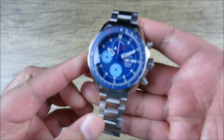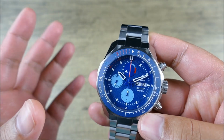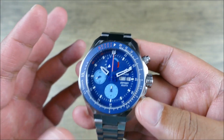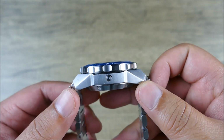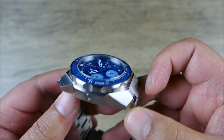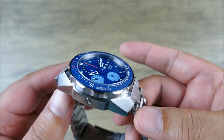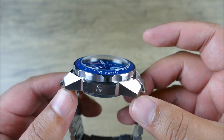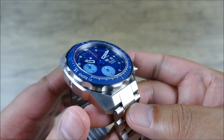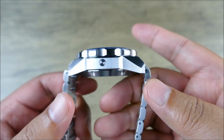All right, guys, as you can see, quite a beast. Now, in terms of the specs here, it's 45.5 millimeters in diameter, which isn't huge in terms of a chronograph by any means, but the thickness is actually 18.2 millimeters, and that is quite hefty. The nice thing is this also falls in kind of the diver category because of the amount of water resistance. You're getting 500 meters of water resistance with this, and you're getting that nice automatic helium release valve there. So this does have a reason for being thick, but that doesn't change the fact that it is quite